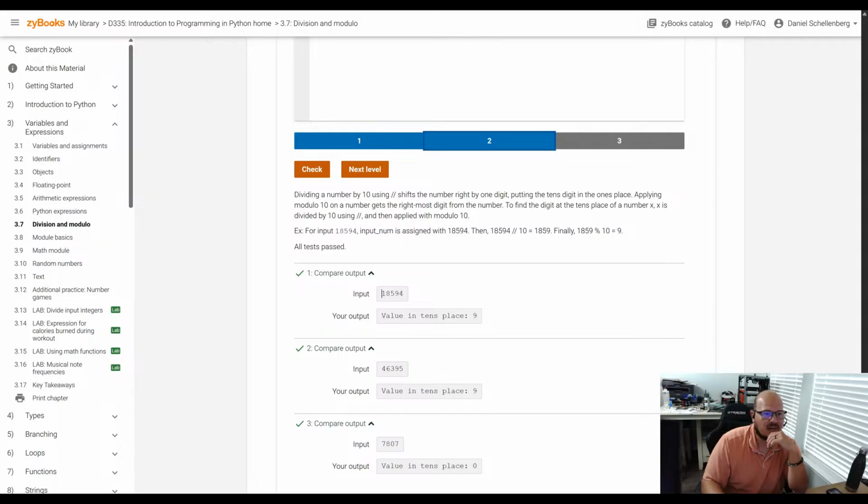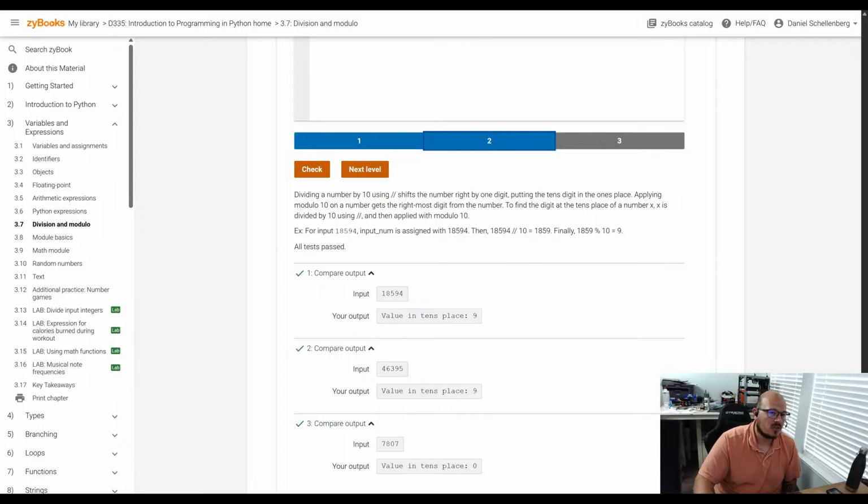Dividing a number by 10 shifts the number right by 1 digit. For example, 18594 input is assigned with 18594, then 18594 modulo 10 is, oh, is 18, okay. So it basically took 18594 divided by 10, and it does put out